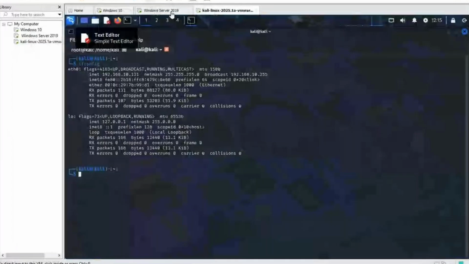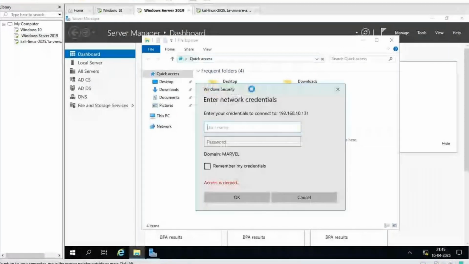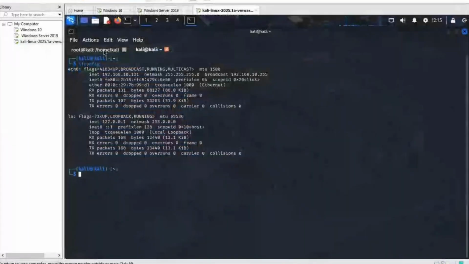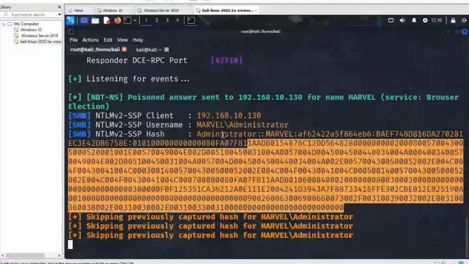Now here I will write where is 131, right? When I press enter, that where is 192.168.10.131, it is asking me to enter the network credentials. I'll not enter the network credentials. But if you see in my responder, what actually happened, my responder replied back, yes, I know where is 131, and it captured the hash of the administrator,